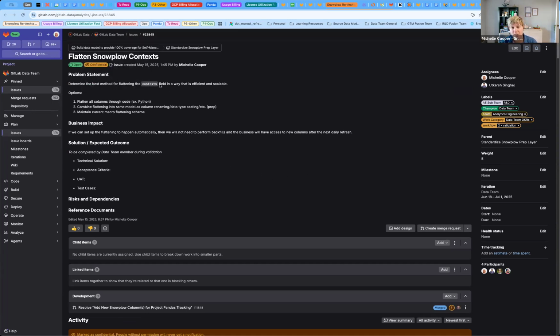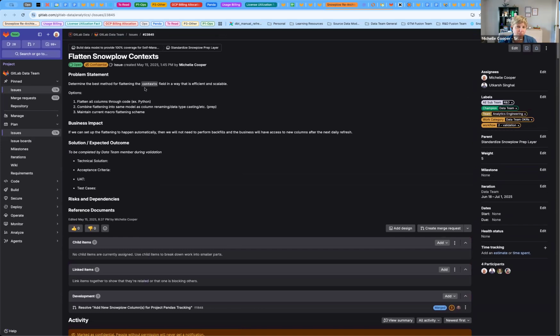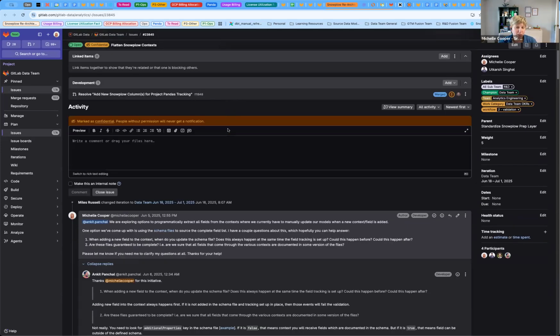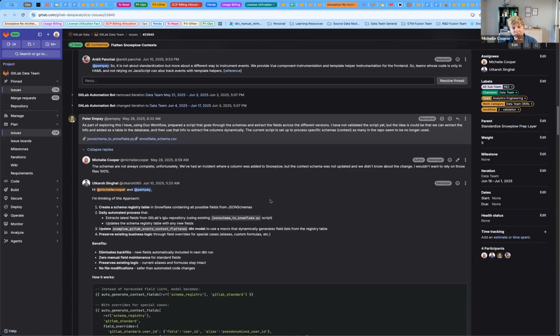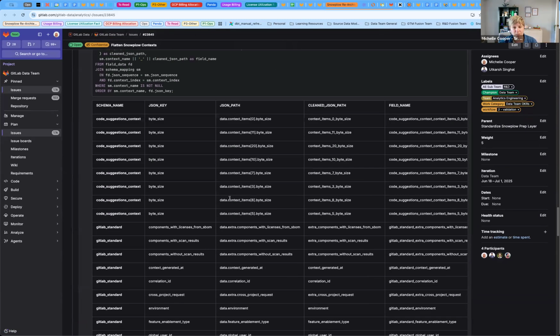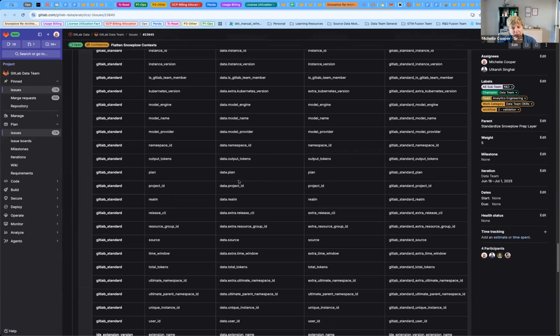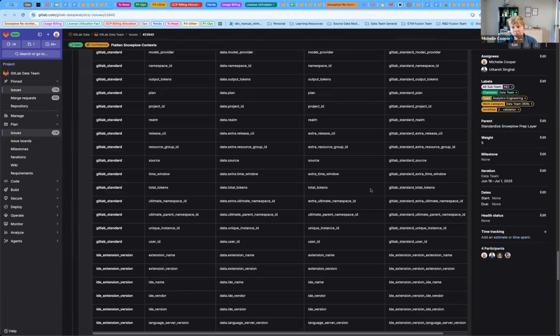The contexts are schemas defined by our engineers to add fields, and these can often be defined within the context explicitly, but because they are really flexible objects, they can have extra columns that are not defined there. And so we have been talking about the best way to do this in an automated fashion to reduce the number of backfills that are necessary. And it seems like we've landed in a really good place where we believe that we can move forward with this kind of automated